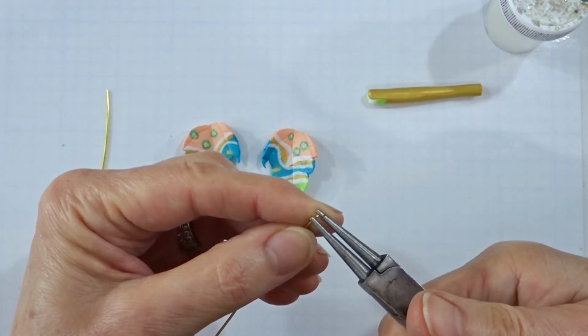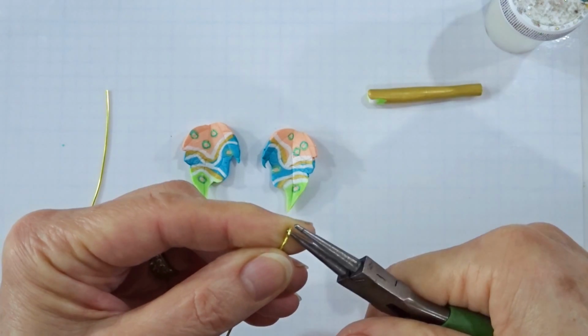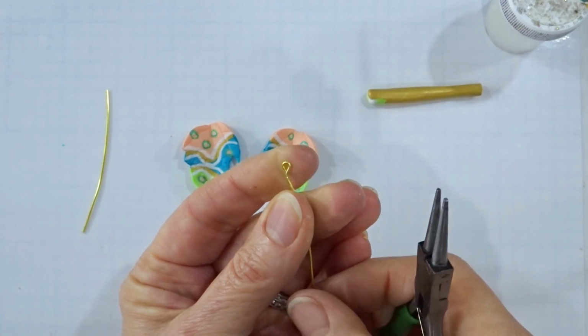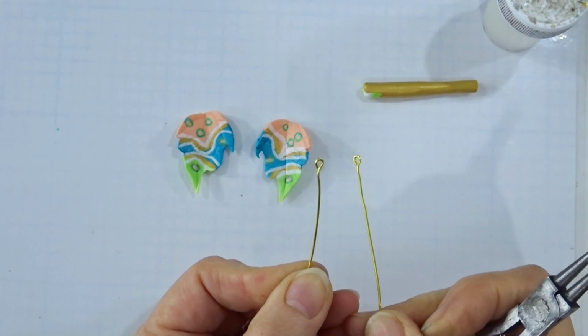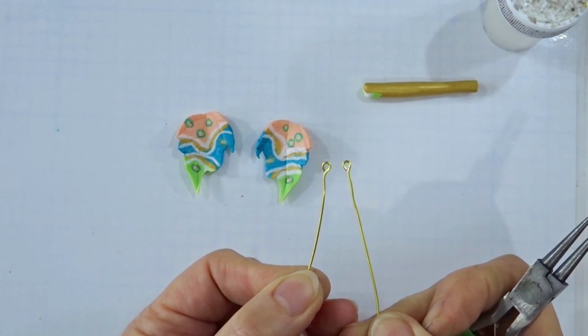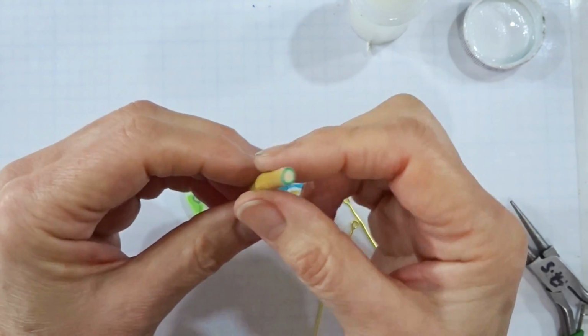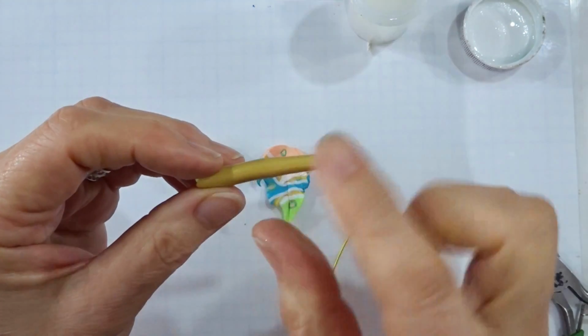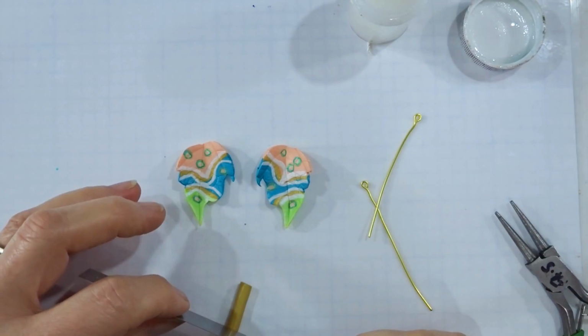Round nose pliers. All I'm going to do is create a very small little hoop in each piece. And of course you can actually buy pieces which have got the loops on the end if you want. First, I've got the little round dots that we made, the bullseye cane, and I've got one of the pieces that we hadn't done quite so small, so I'm just going to take myself 2 slices